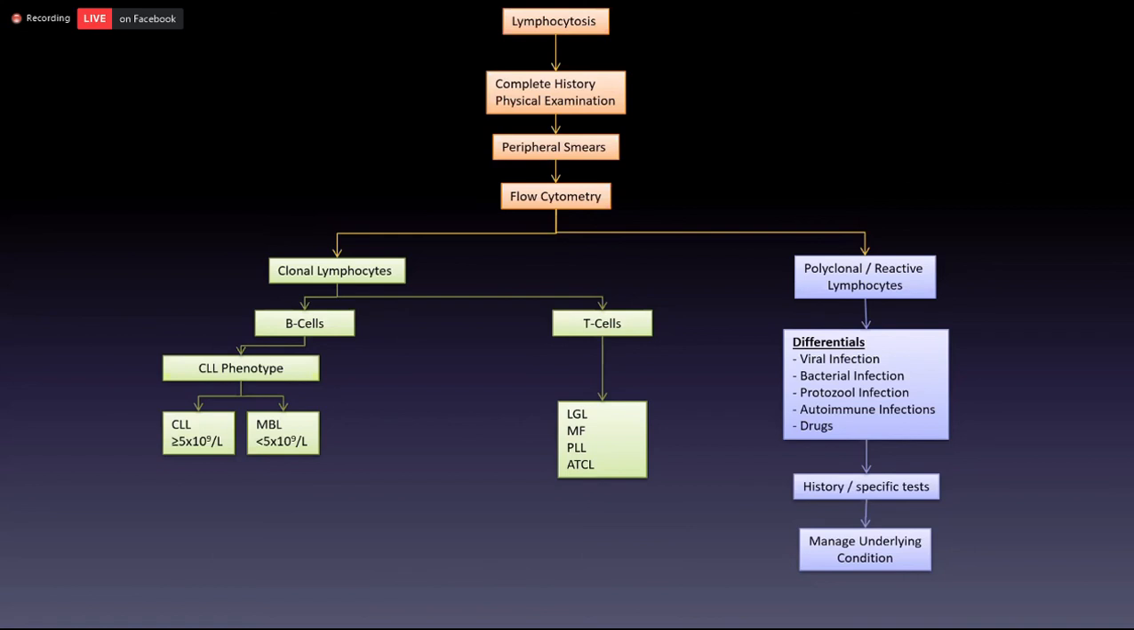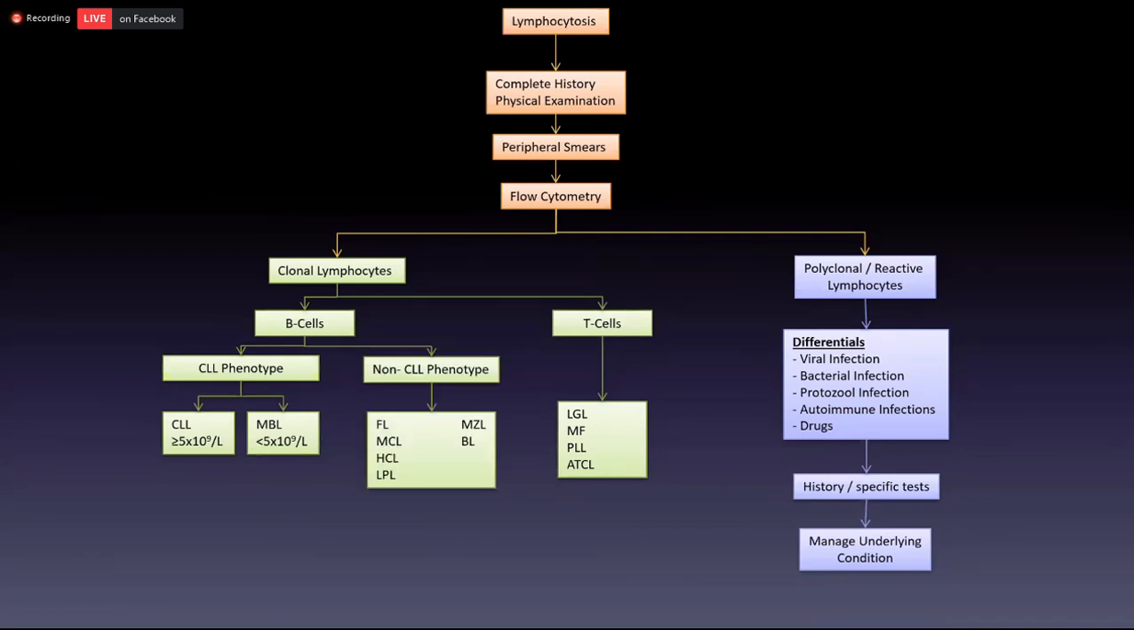So I've done a different algorithm here for your understanding as well. Either you separate it on the basis of CD5 positive, CD10 positive, and CD5, CD10 negative lymphoma, or you may have a CLL phenotype and non-CLL phenotype. Among the CLL phenotype, you have CLL when the absolute count is equal to or greater than 5,000, and monoclonal B cell lymphocytosis when the count is less than 5,000. In the non-CLL phenotype, you have to make a diagnosis of these lymphomas which we have discussed: follicular, mantle, hairy cell, LPLs,